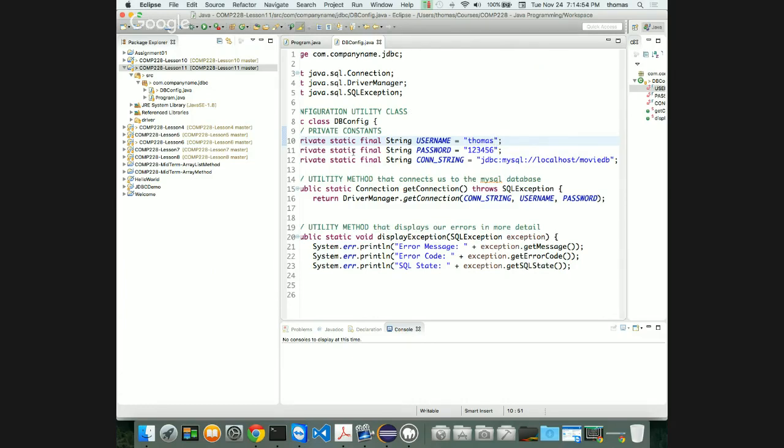Okay, now that we've got that piece done, we want to be able to connect to our database. And there's a couple of things we want to do, right? How do we connect to it? Well, we want to be able to wrap this stuff in a try-catch,